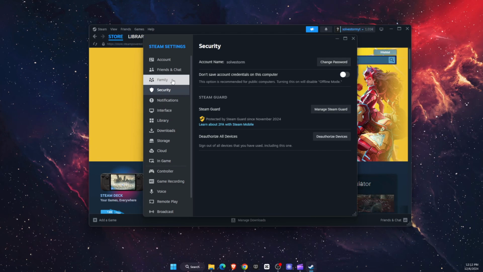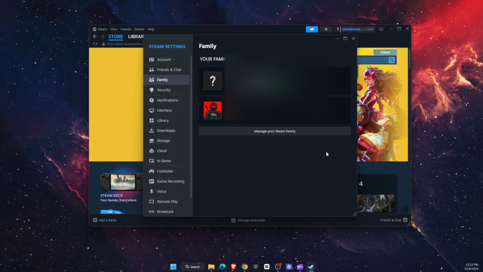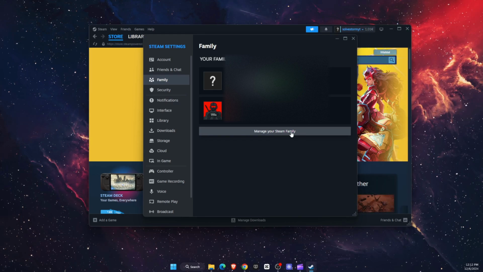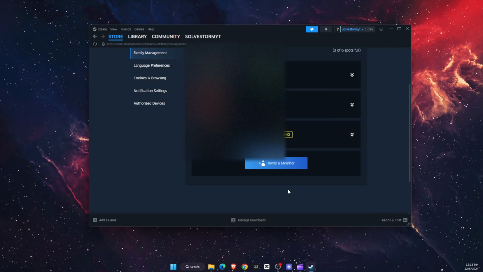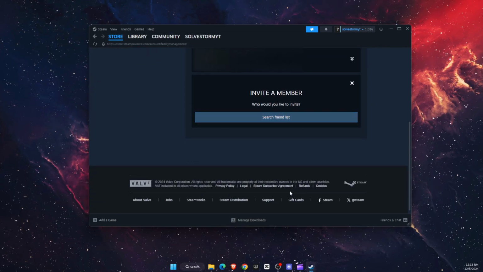After that, you want to click Family, and here you will see your family, and you can manage your Steam family by clicking on this option. After that, once you scroll down, you can invite a member here, search your friend list, and add them to